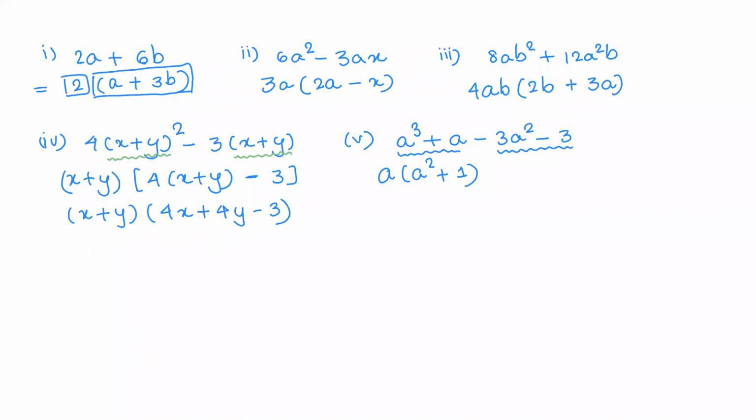Now in the next pair, we can take out 3 common. All right. Perfect. So I knew many students would give that answer. Now what we are going to do is take out not 3 common, but minus 3 common. हमेशा connecting sign के साथ common लिया जाता है. Always take the connecting sign also common along with it. तो इसके लिए 3 common नहीं, minus 3 common लिया जाता है. Had this sign been plus, अगर ये minus की जगह plus होता तो हम plus 3 common लेते. Since it's minus, we have taken minus 3 common.